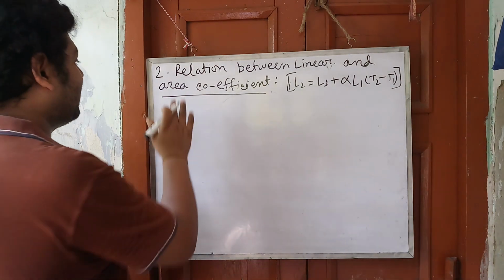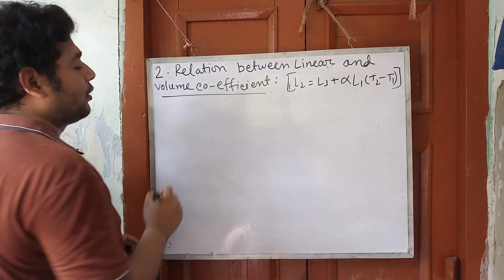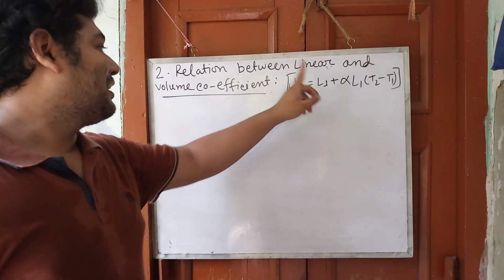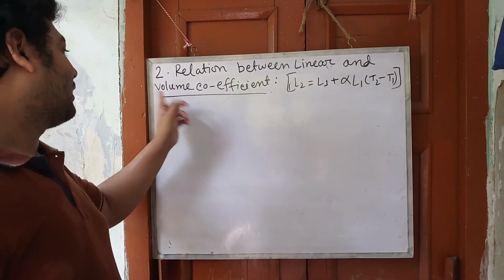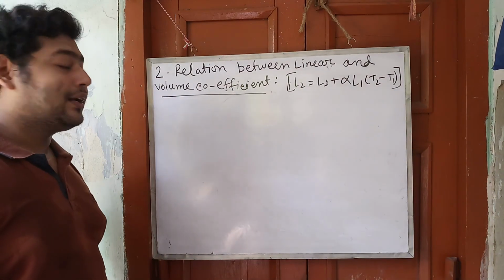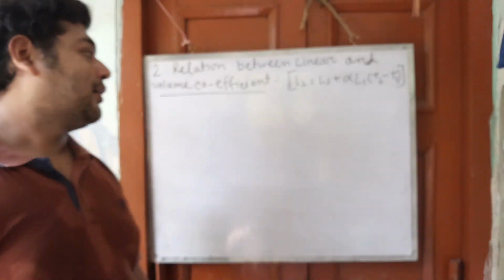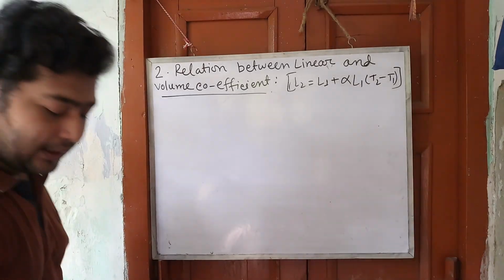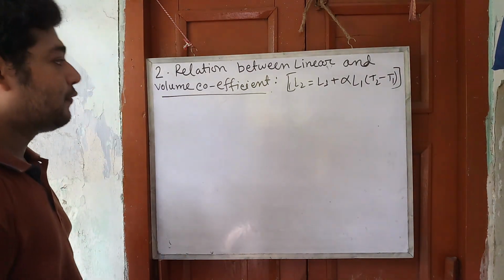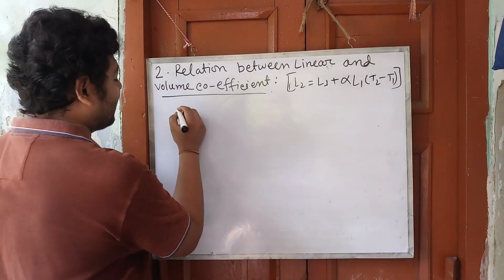Relation between linear and volume coefficient. We know that we denoted our linear coefficient as alpha and volume coefficient as gamma. So we need to calculate the relation between alpha and gamma. From our volume expansion, we can write